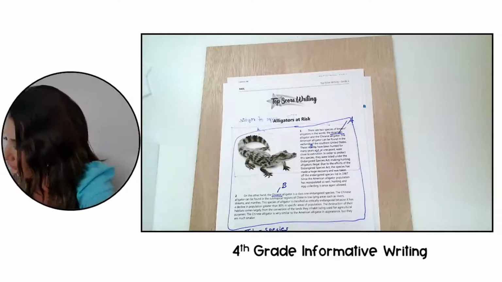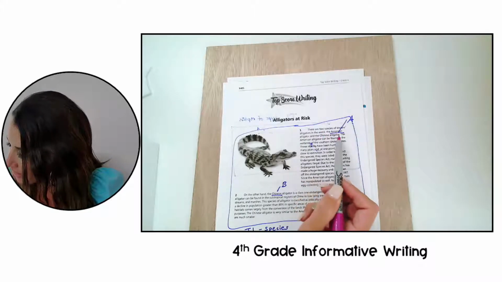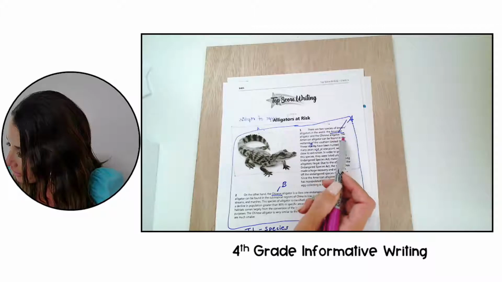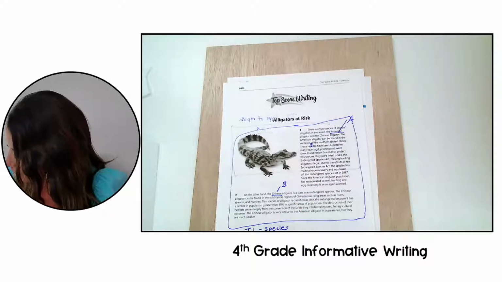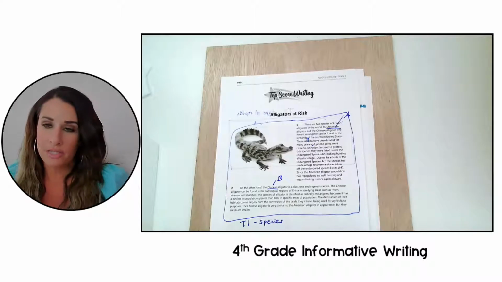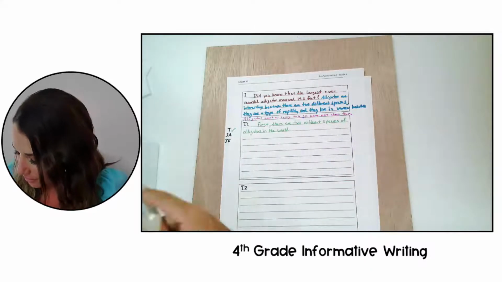So I'm going to start, because you can see here, there are 2 species of known alligators in the world, the American alligator and the Chinese alligator. The American alligator can be found in the wetlands of the southern United States. So I'm going to start, I have to write 3 to 4 sentences about my A. I'm going to start by telling my reader what my A is, okay? So I'm going to say,